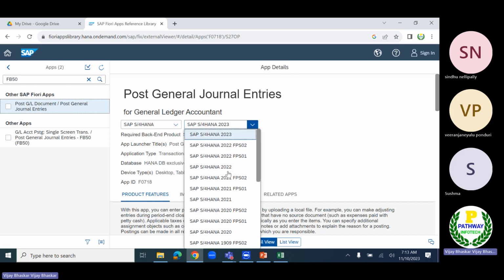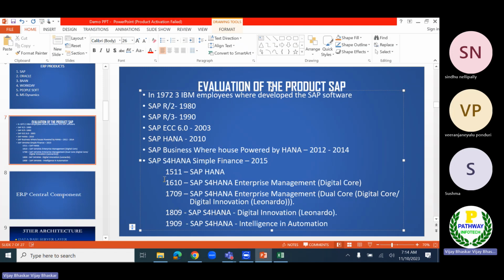Out of these versions, which one are we going to use for our sessions? The SAP S4 HANA 2022 is what we are going to use for our sessions. Now, moving back to this one. So what is meant by the S4 HANA versions? Definitely I will explain. I will give a hint at this moment, but this is the early stage. Let me give a small hint about the S4 HANA version.